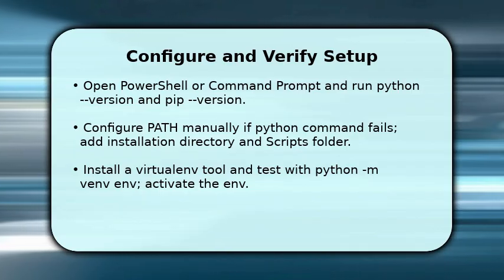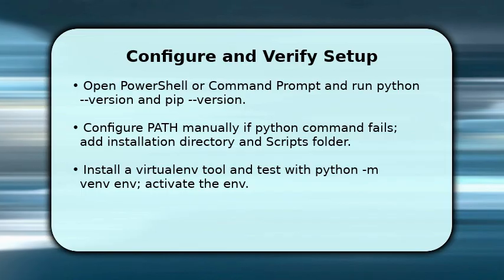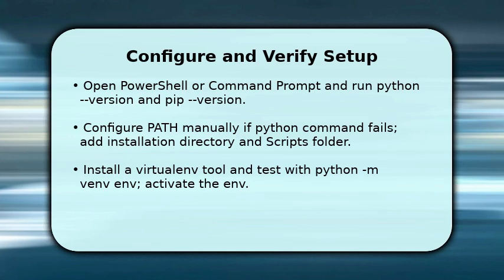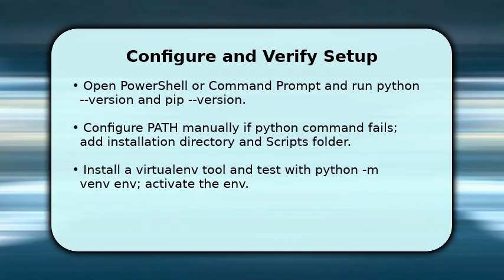Next, install virtualenv or use venv. Run python -m venv and activate it with .\env\Scripts\activate.ps1. To finalize, associate .py files with your chosen editor and install VS Code plus the Python extension for linting